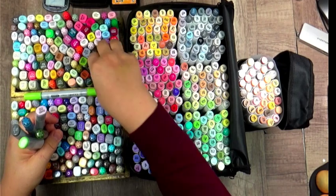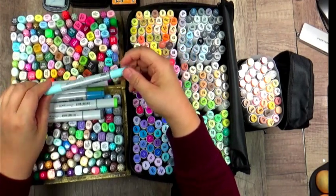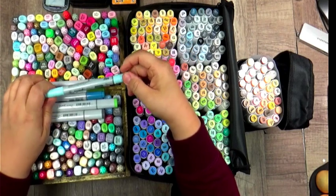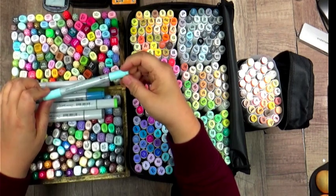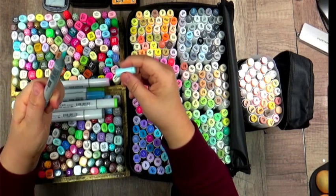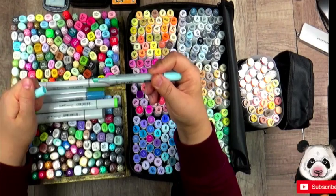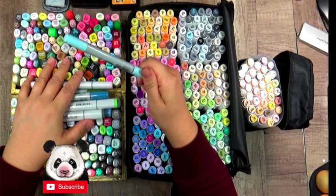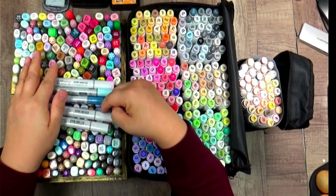And then I don't really want to pay that much money, so I actually got some of those Chao. Is that Chao? Yeah, Chao. Okay, I got this kind of Chao. They also have those brushes, and you can see this one is actually pretty dry. They also have this chisel. It's pretty dry, this one. So I found that this one is much cheaper, but actually their life is much shorter than the Sketch and